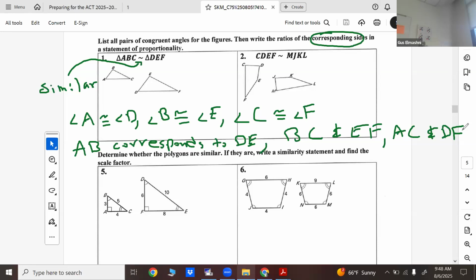Look at AB. A to B, B to E. A and D are the first two letters. B, C, E, F, those are the last two letters. A, C, D, F are the first and third letters. We see that, right? So what this means is that we expect these ratios to happen. When you have to write corresponding ratios, you're going to write AB